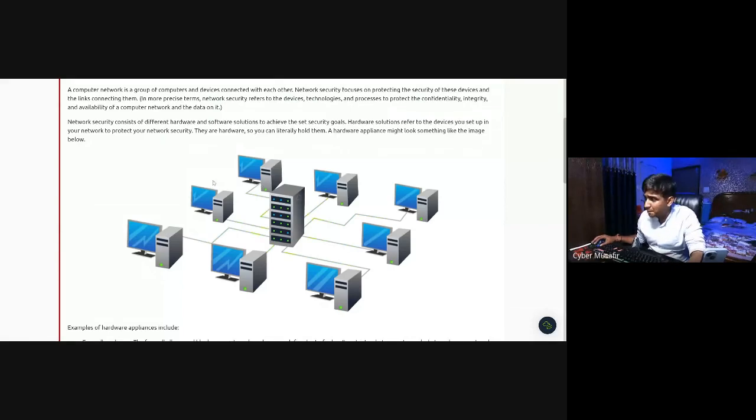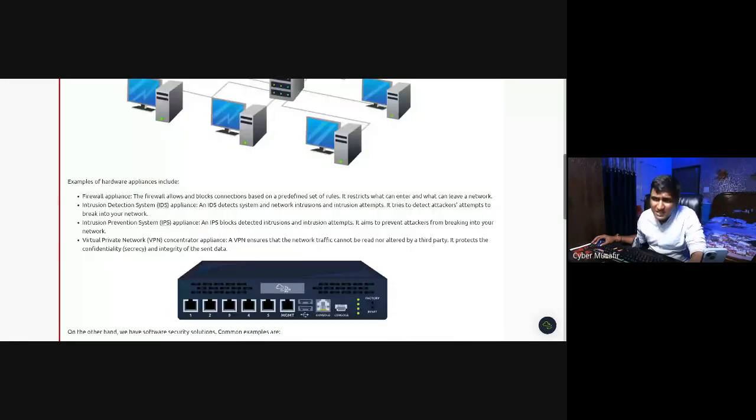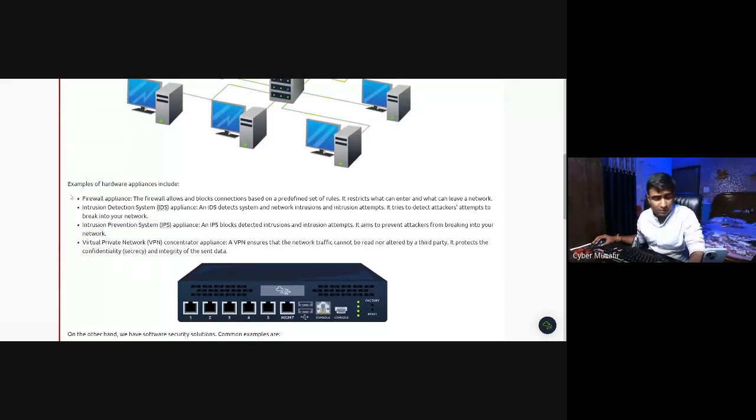Now let's take some examples to understand it better. The first example is the firewall. What is a firewall? The firewall appliance is what allows connections to get into our systems and